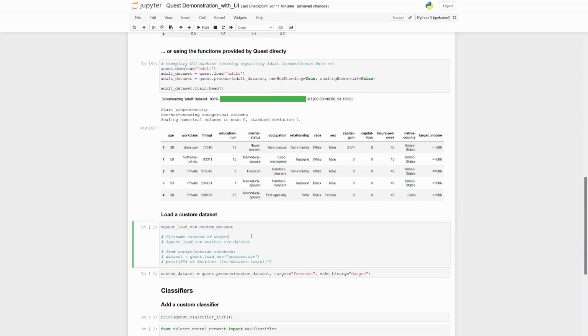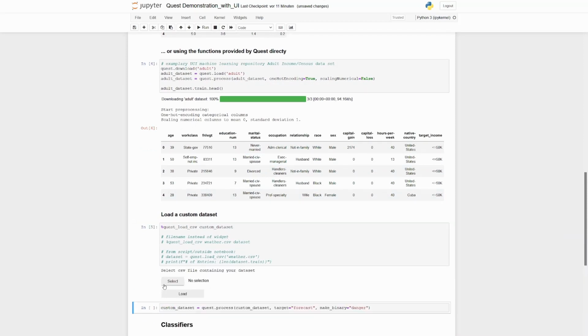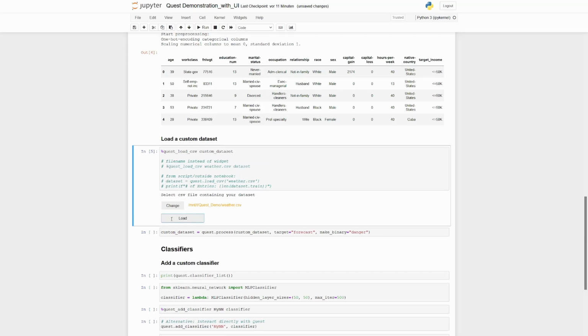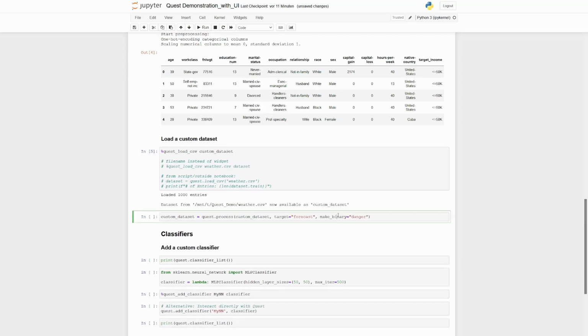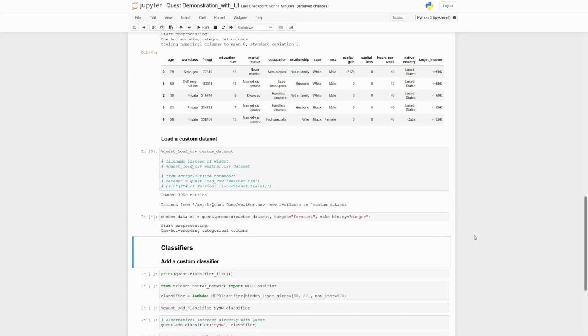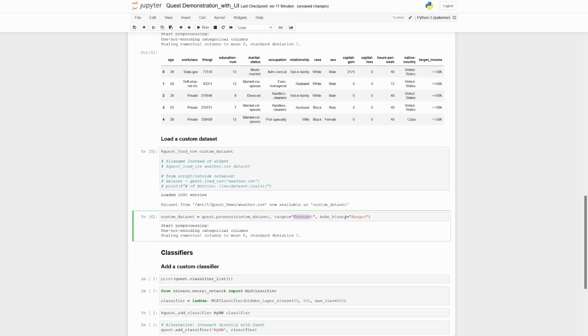You can also use any tabular dataset that is stored in a CSV file compatible with Panda's default configuration. Quest expects categorical data to be included in the form of strings, while all other columns are expected to be numerical. Quest works with discrete and continuous attributes. Ordinal data should be encoded numerically. You can now point out your target attribute and whether it's necessary to transform a multi-class task into a binary